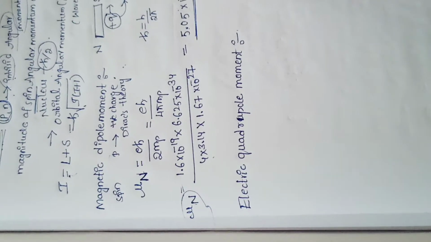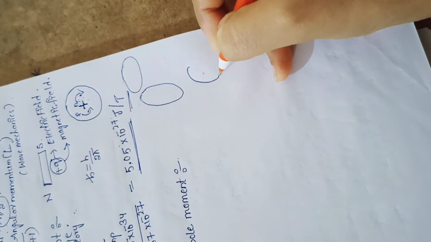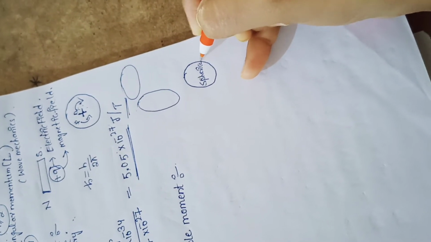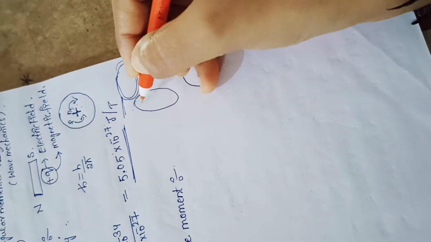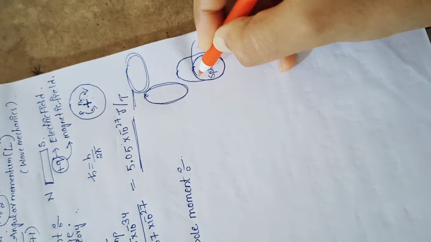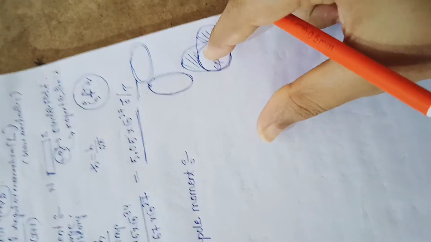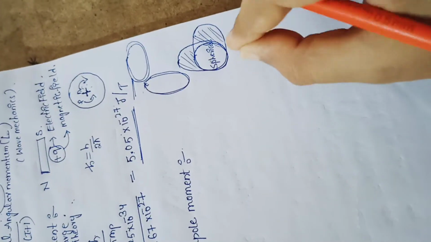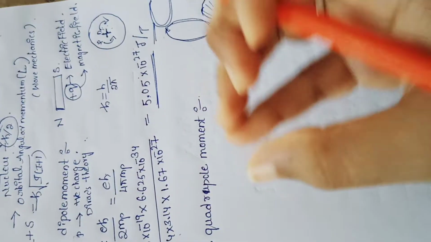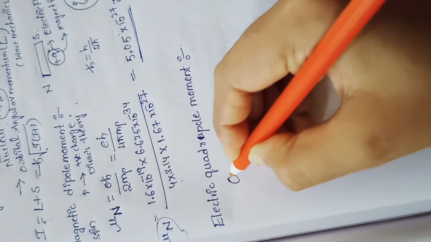But what will happen? The deviation from the spherical symmetry. For example, our nucleus is in the shape of a sphere, right? It is in the spherical shape, but sometimes because of the revolution it is like this or like this. The deviation from the spherical symmetry is expressed in a quantity. That quantity is called electrical quadrupole moment. That electrical quadrupole moment is denoted by Q.